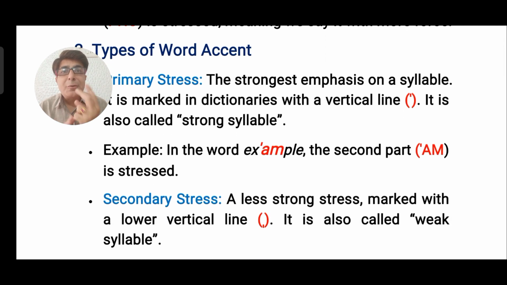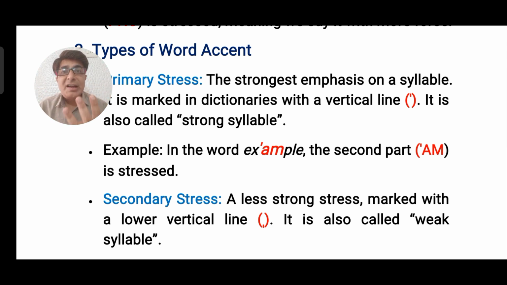There are primarily two types of word accent, and they are primary stress and secondary stress, or in other words you can say strong syllable and weak syllable. In the dictionary, the primary stress is marked with a vertical line on that particular syllable which is spoken with some force. For example, the word example,